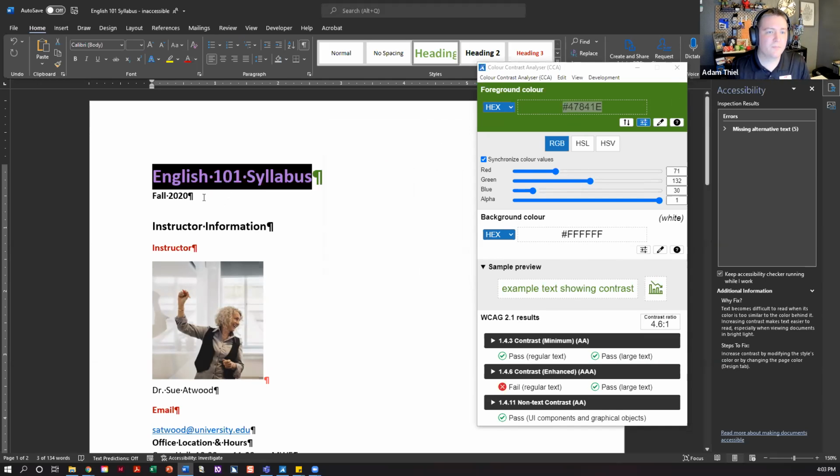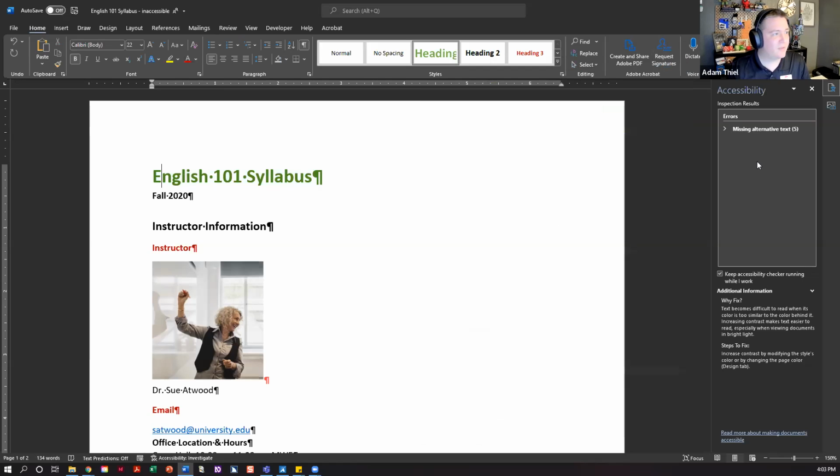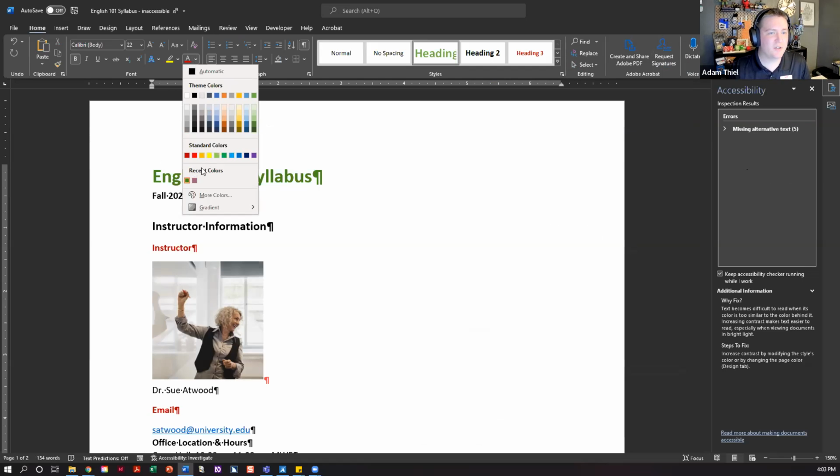Hit OK, and there you go. Now that color is good, and you'll notice it's taken it off my list of accessibility issues. What's also nice is that by putting that in there, it adds that color to your recent colors, so you don't have to do that whole thing again. You can just select the text that you want to change to that color, and go about your business.